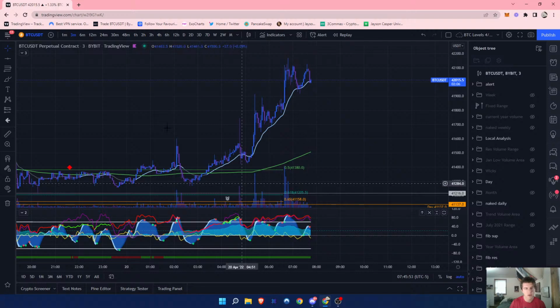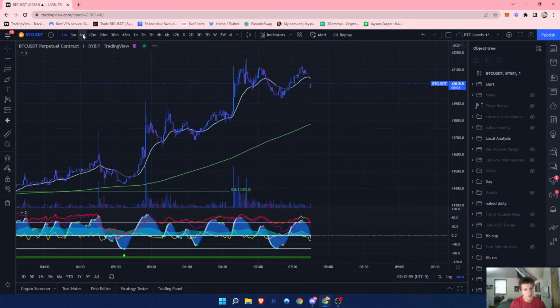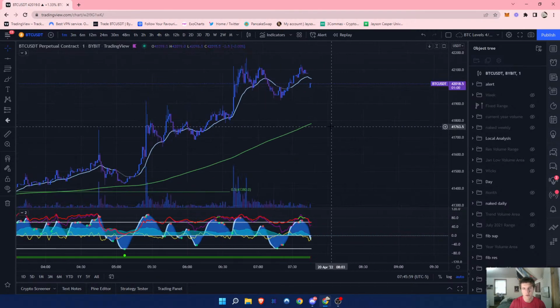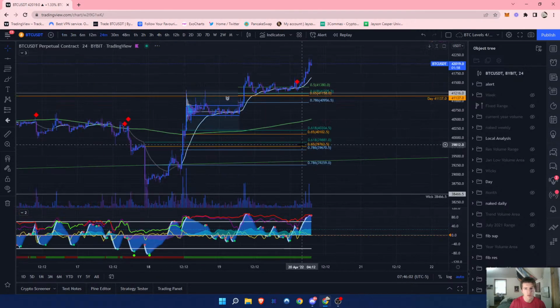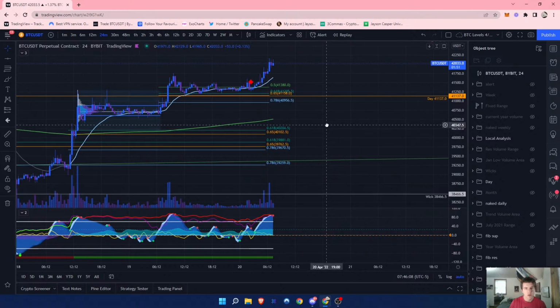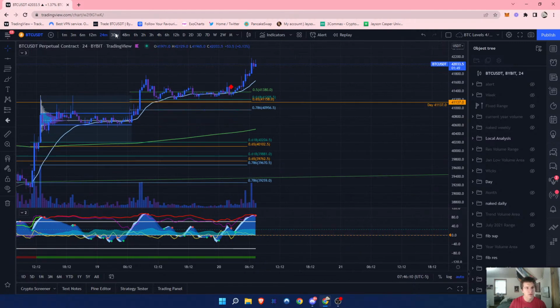3 minutes coming down. 1 minute over time, you can see money flow is coming down, but yeah, it's a more advanced short, I guess. So just another thing to look at too,